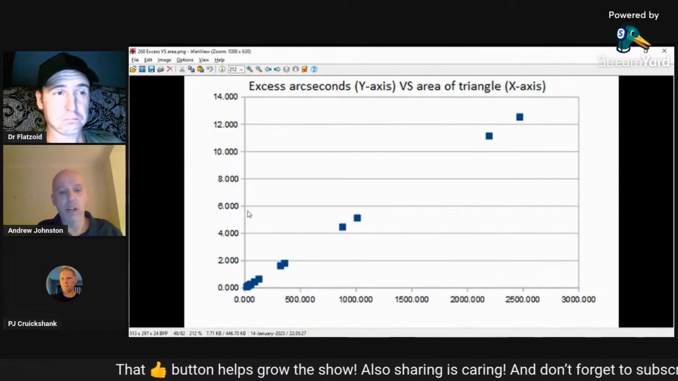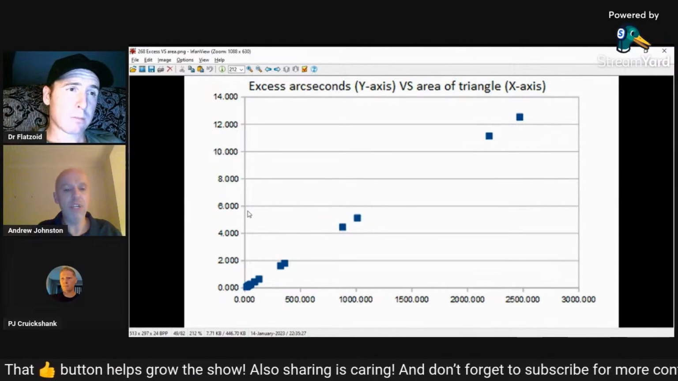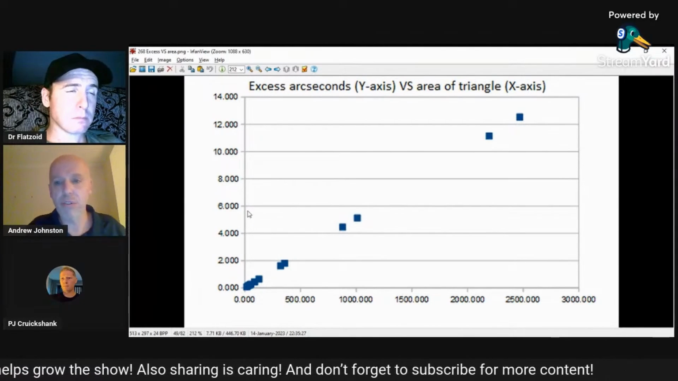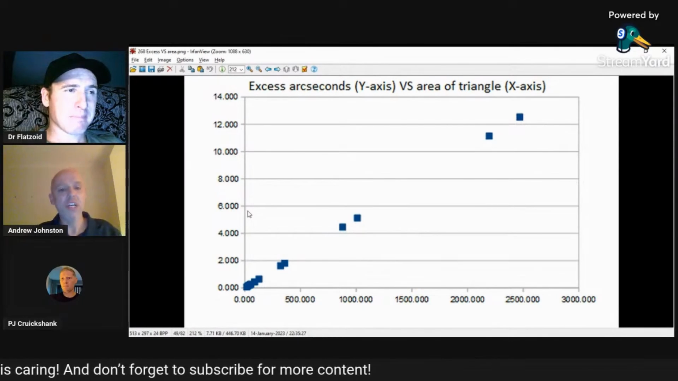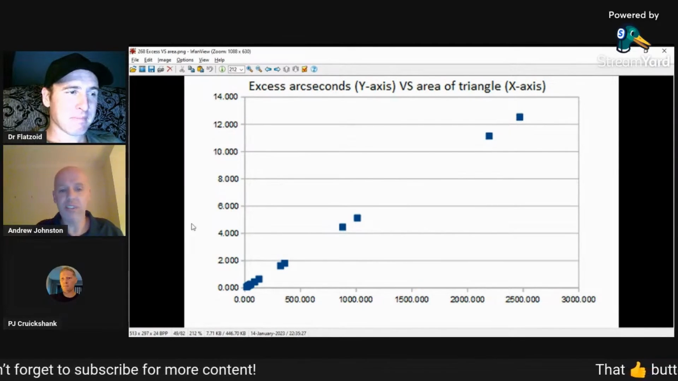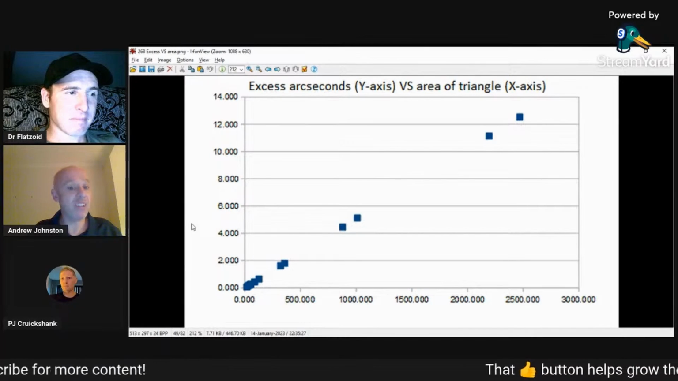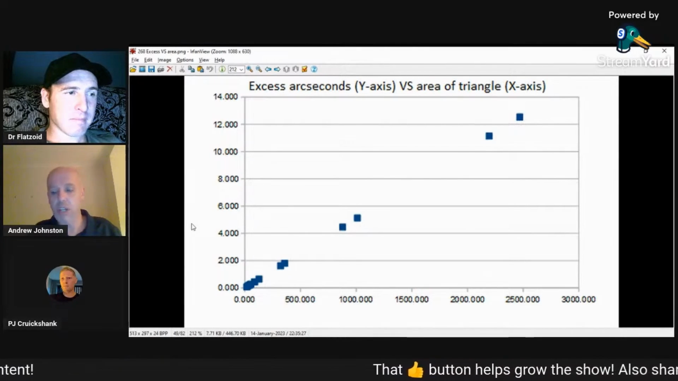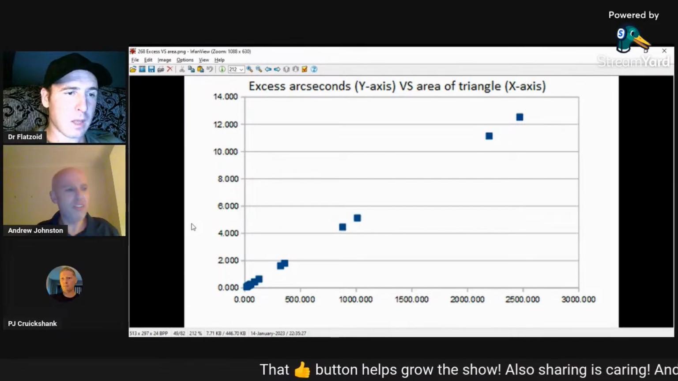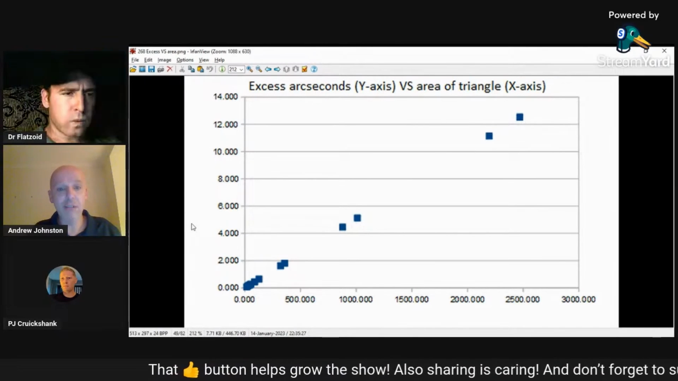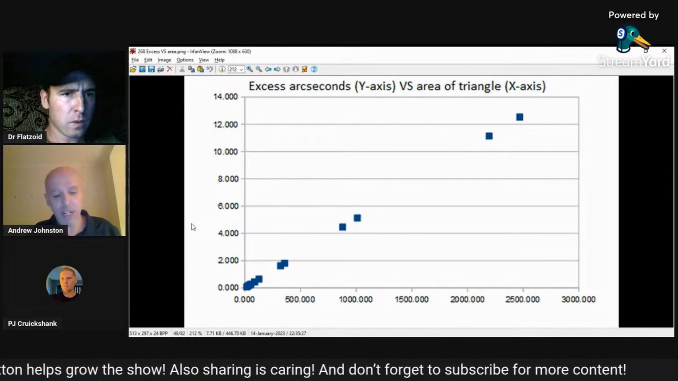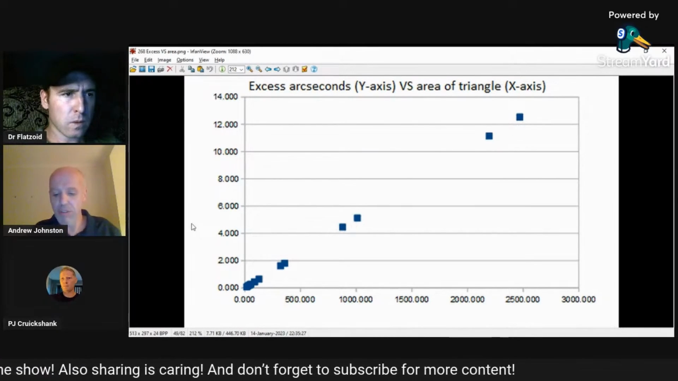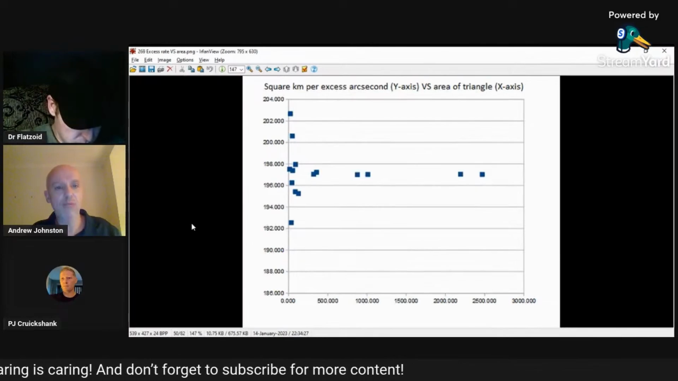So on the x-axis of this graph, we have the area of the 15 triangles that I chose, not quite randomly, but a selection. And on the y-axis, we see the amount of excess in arc seconds that each of those triangles exhibits. And as you can see, there is something of a linear relationship going on there. You might think, well, that's what we expect. That's great. But if we actually look a little bit closer, and we look at the rate of